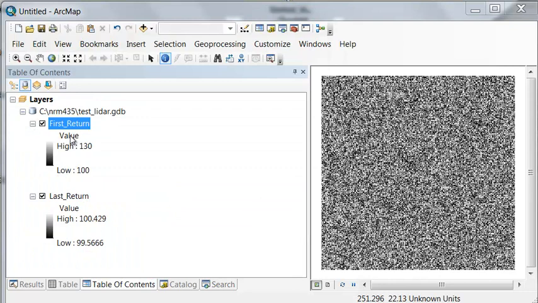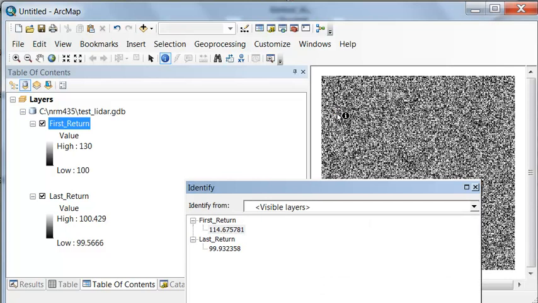So here are our simulated LiDAR rasters. Each grid cell is 1 meter wide, 1 meter high. And this is near the ground surface, and this is near the top of the canopy. So we can use the identify tool to look at any 1 meter pixel. So for example, this pixel